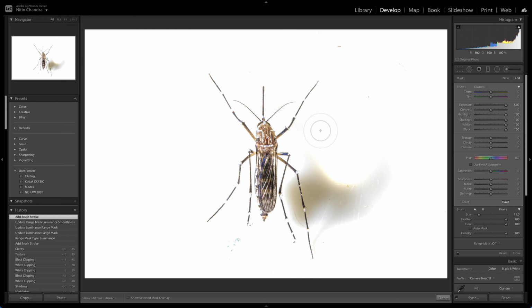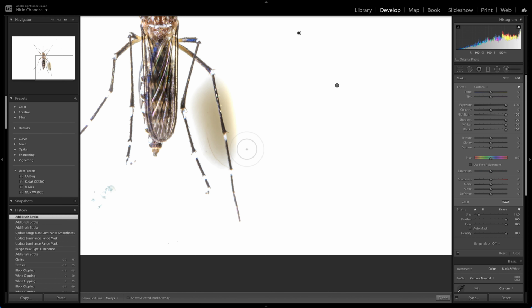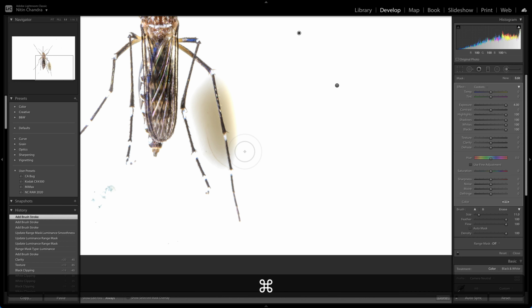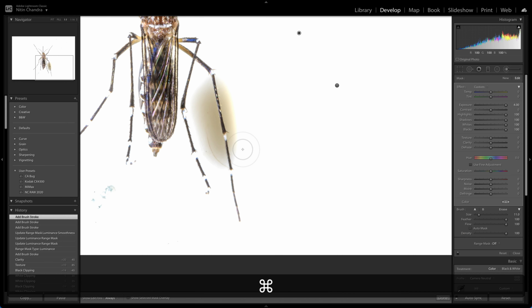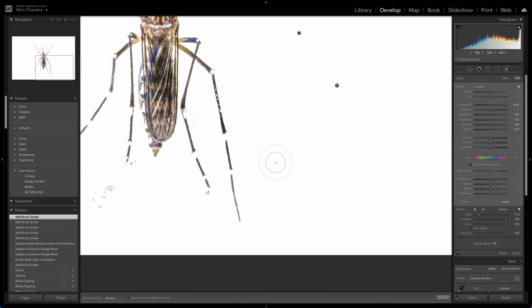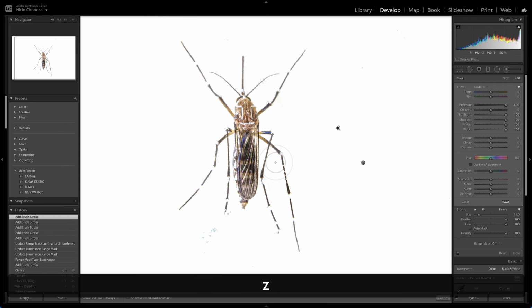Okay, so we just carefully brush out this area. We have the shadow here. You can obviously zoom in a bit. Press the command key as a shortcut, or enable the auto mask from here. I will use the shortcut of command, and that seems to be done. So now we can zoom out,